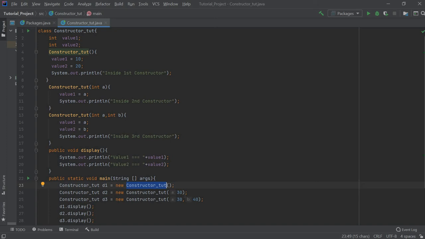Now simply if you are going to create a simple object, you just forget this part. Then you just have to write the name of the class and then simply put the parenthesis, which means you have created a constructor, oh sorry, an object.